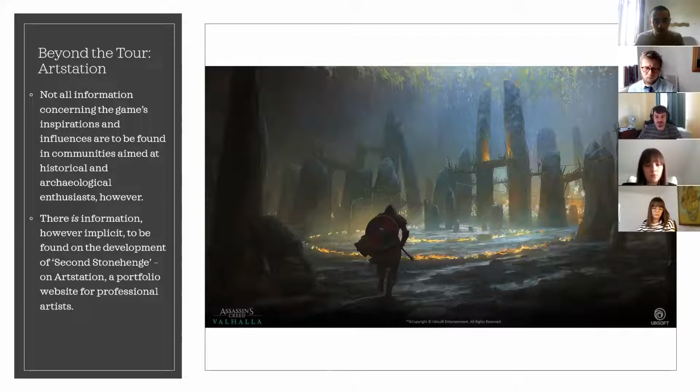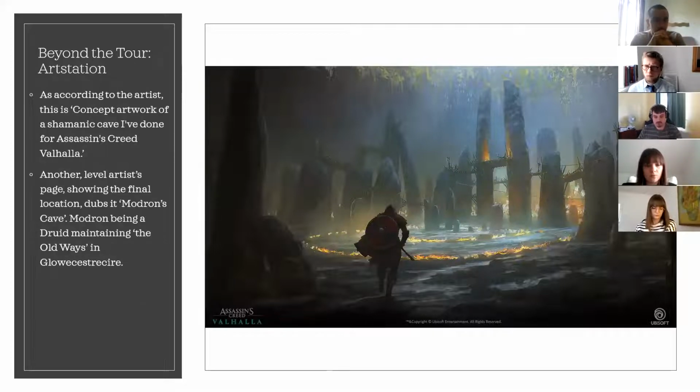Not all information concerning the game's inspirations and influences are to be found in communities aimed at historical and archaeological enthusiasts, however. There is information, however implicit, to be found on the development of Second Stonehenge, but on ArtStation, a portfolio website for professional artists. As according to the artist of this piece, this is concept artwork of a shamanic cave I've done for Assassin's Creed Valhalla. Another level artist page, showing the final location, dubs it Modron's Cave, Modron being a druid maintaining the